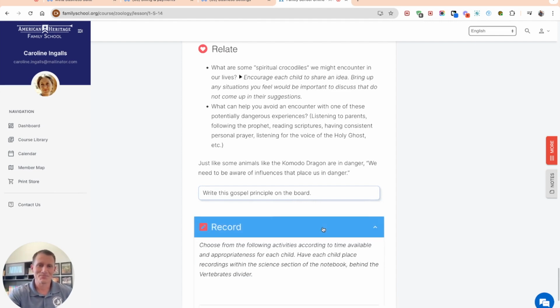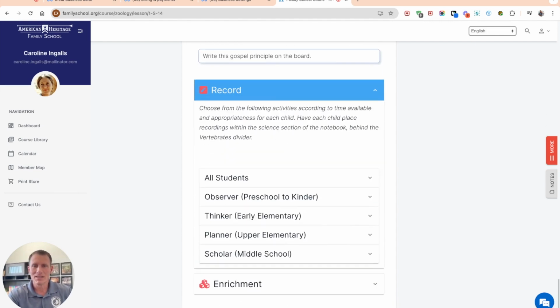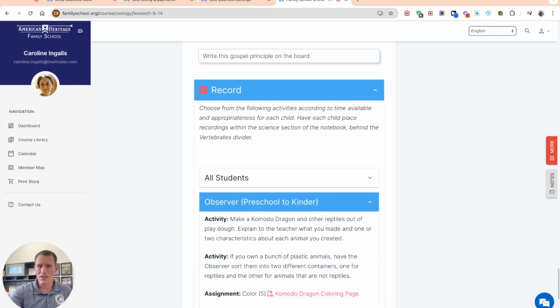Okay, lastly, record. What makes this a one-room schoolhouse format? Well, it's not just that the content bounces around in higher level questions and lower level questions, but it's also that once you finish the lesson with children of multiple ages learning together, they can work in their respective levels. So at the end of every lesson, you can click on these levels to find activities and assignments, not just assignments,